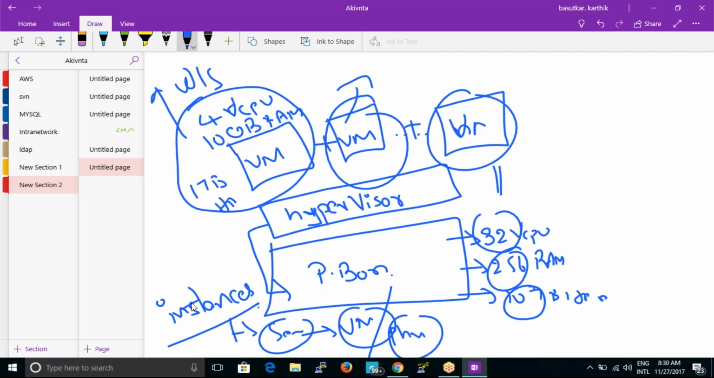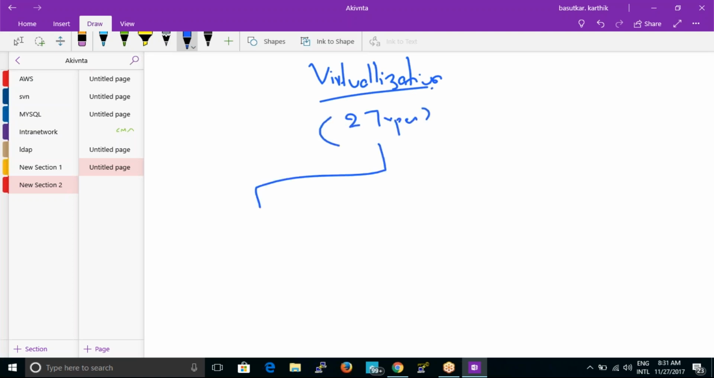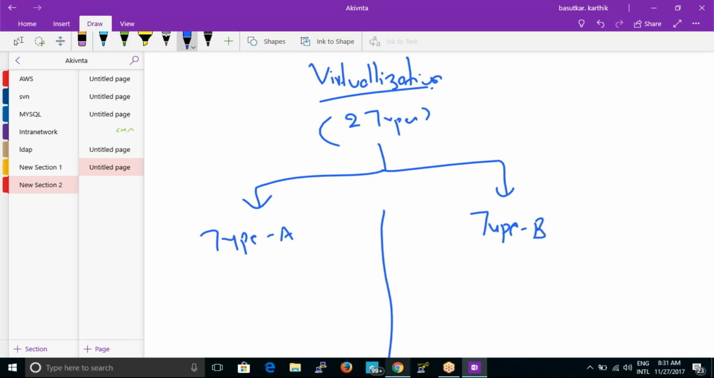Okay, now talking much about this virtualization, basically there are two types of virtualization. One is type A, the other is type B. Okay, now what is the difference between these two types of virtualization is,